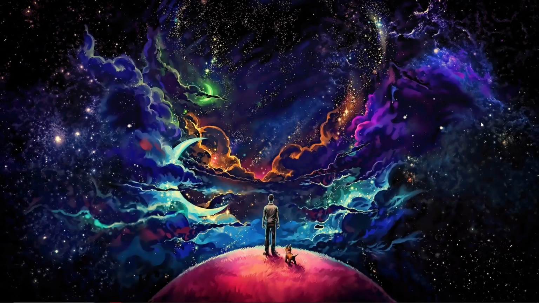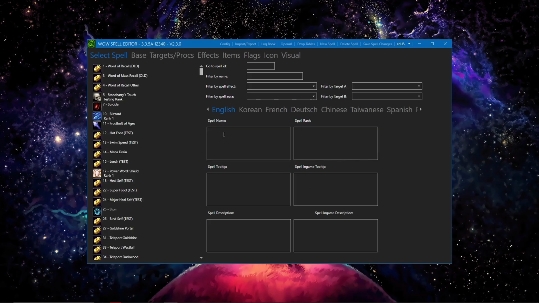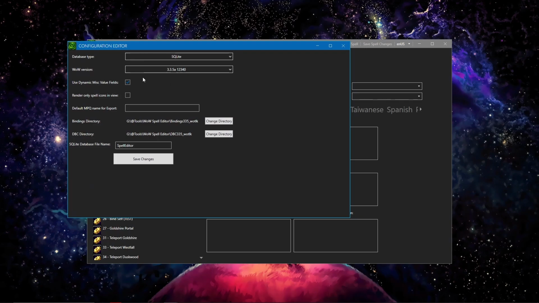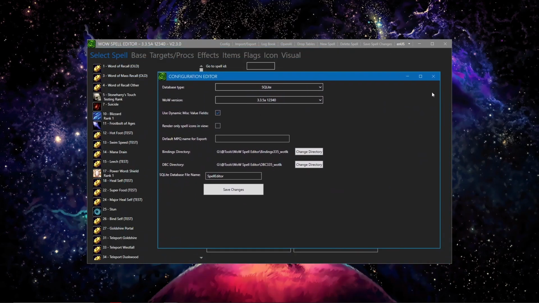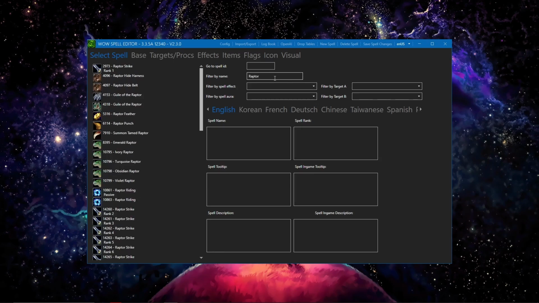So I expect you to already have installed SpellEditor. I will leave a link down below to where you can get it. So let's open the SpellEditor, and then I always do the SQLite because it's just much easier personally. So I will be doing that. If you are doing it with MySQL, there might be some other things you will need to do. Let's just close this, and now since we want to change the raptor, we would write raptor here, and then